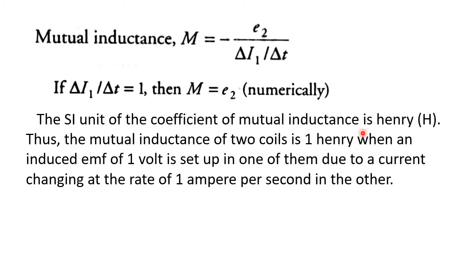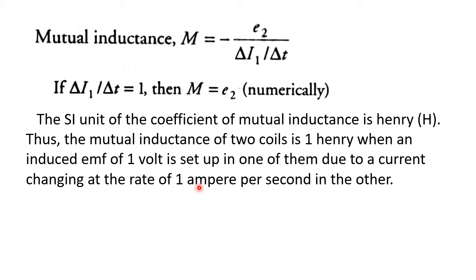So that we can define like this. The SI unit of the coefficient of mutual induction as well as self-induction, both are the same, that is Henry. Thus, according to the expression, the mutual inductance of two coils is 1 Henry when an induced EMF of 1 volt is set up in one of them due to the current changing at a rate of 1 ampere per